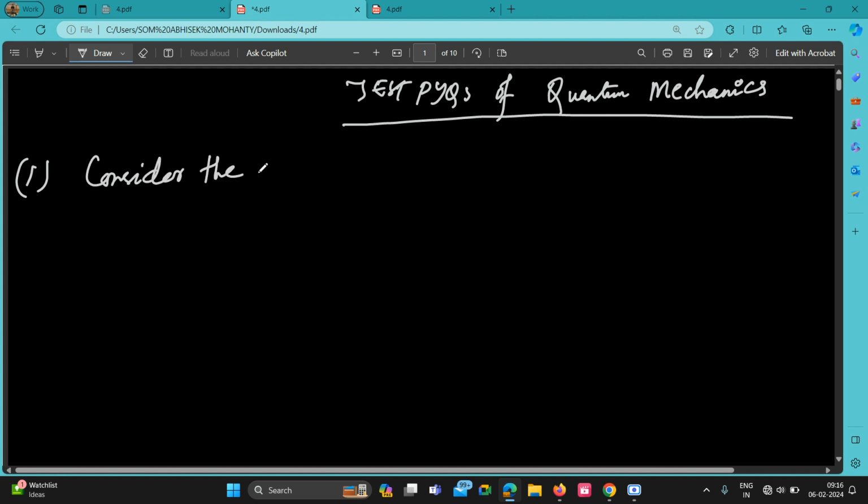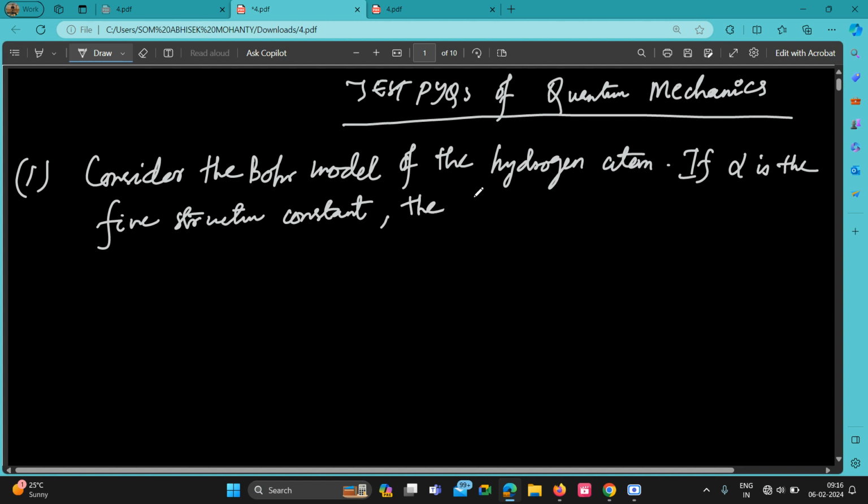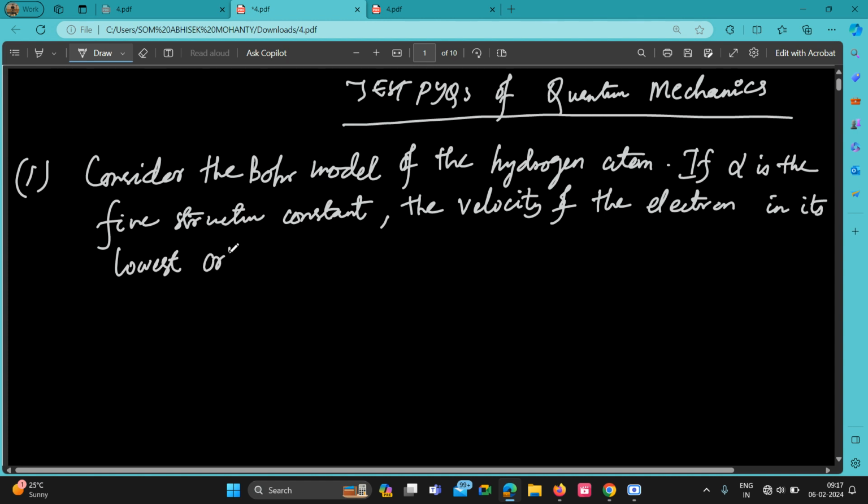Consider the Bohr model of the hydrogen atom. If alpha is the fine structure constant, the velocity of the electron in its lowest orbit is. This is the Bohr model of the hydrogen atom. If alpha is the fine structure constant, velocity of the electron in its lowest orbit is